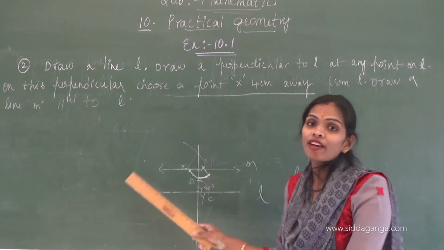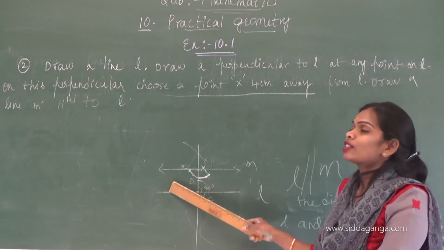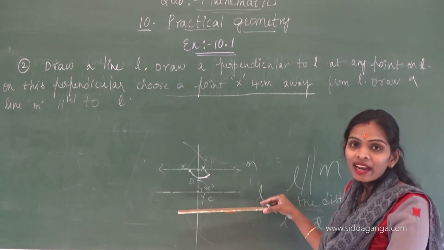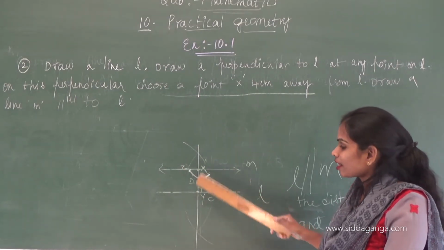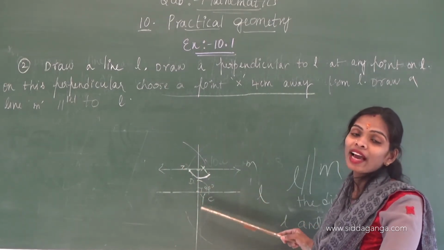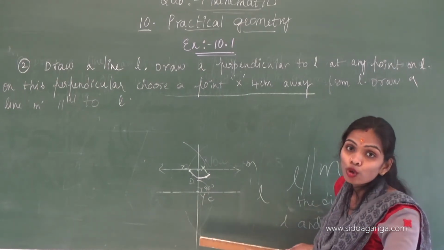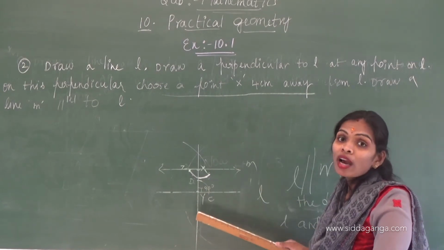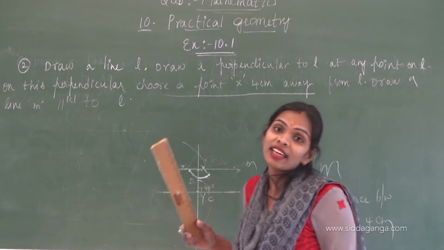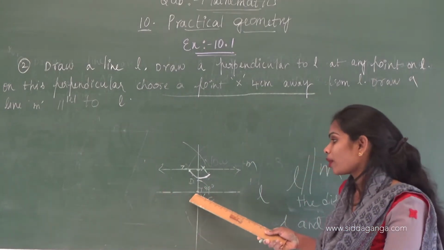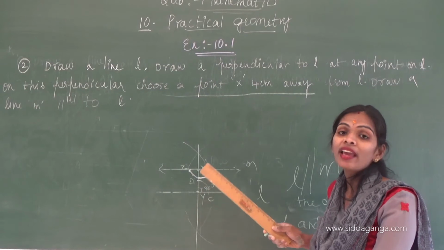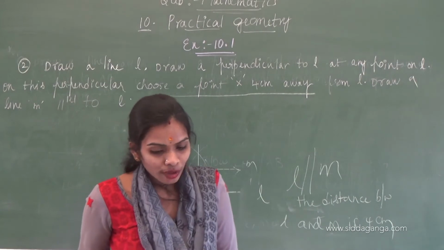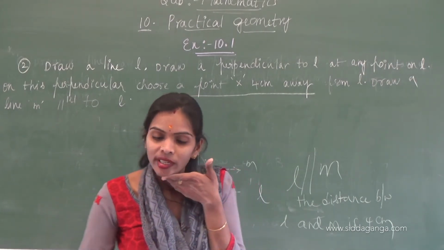Here in the question, first I have taken a line segment L, and then I have constructed a perpendicular line for M, and I have taken a point X which is 4 centimeters away from L on the perpendicular line I have drawn. Taking that as the outer point and the point of intersection on L as Y, I have constructed the parallel lines. The B question you can do as homework, just try that one, children.